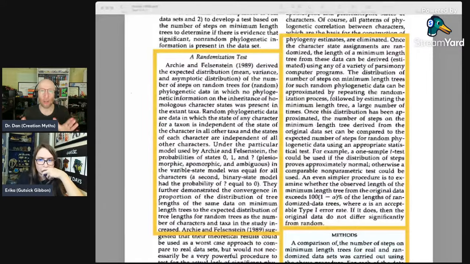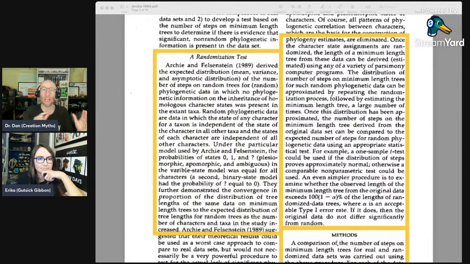And then here's the actual test. So generating that distribution of all possible minimum length trees, like all possible most parsimonious trees with any configuration of your data, right? You generate that distribution, and then the key step is you're going to compare that to your actual most parsimonious tree with the real data as those sequences are allocated to the taxa in real life, right? So you're generating a set of branch lengths, essentially, and then you're saying,